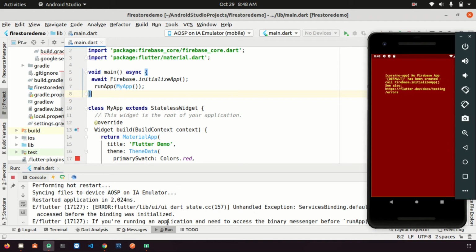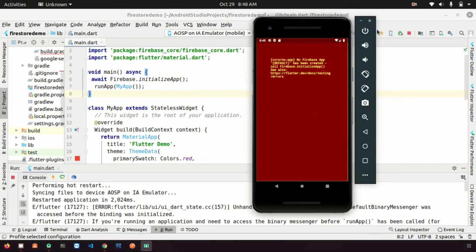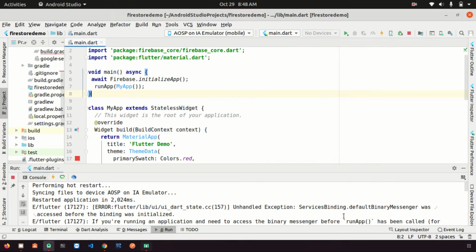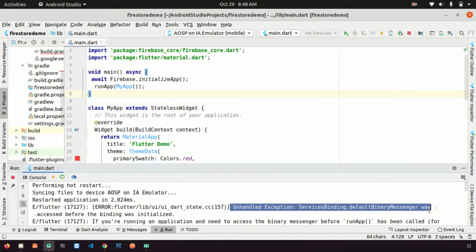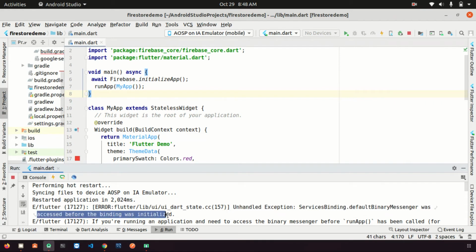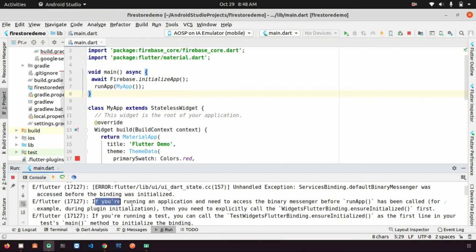Okay, then now we are seeing a different error. If you see, unhandled exception: ServicesBinding defaultBinaryMessenger was accessed before the binding was initialized. If you are running an application and need to access the binary messenger before runApp has been called, for example during plugin initialization, then we need to explicitly call WidgetsFlutterBinding.ensureInitialized.